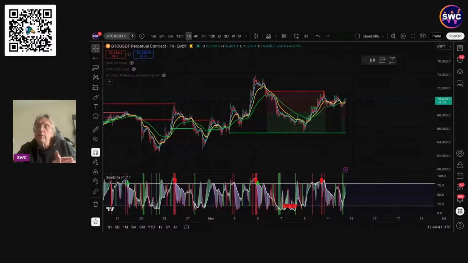I know a lot of people are thinking about shorting from like 71.5k. I think it will go higher than that. First of all, I think it might go to about 73. So I think that's more the short around there. So be careful if you're shorting, because it might have a bit of a pump. There's a lot of shorts to be liquidated up above us. So don't be one of those. At the same time, I think it's a little bit too late to long now. So yeah, I don't know.